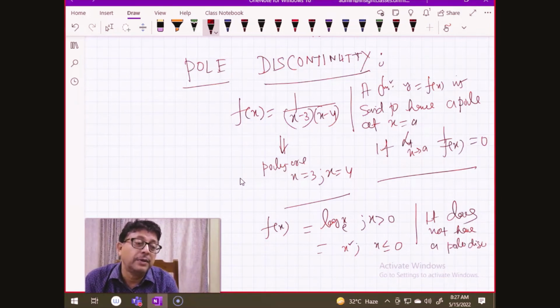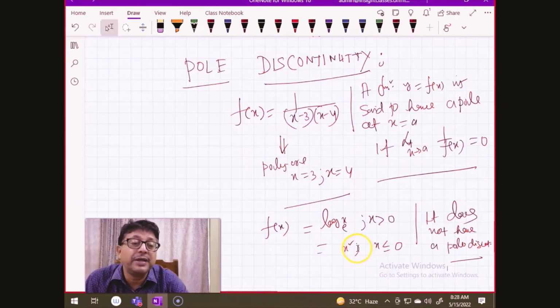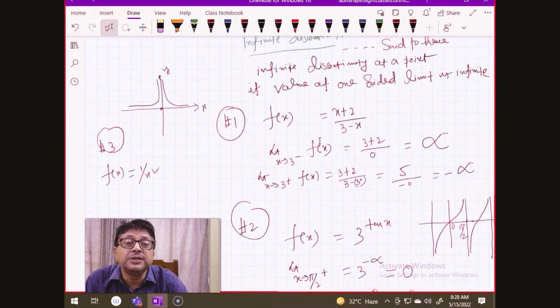Because of the definition from here, 1 by f(x) equal to 0. Here 1 by x square will never be equal to 0, and 1 by log x will never be equal to 0. So pole discontinuity always